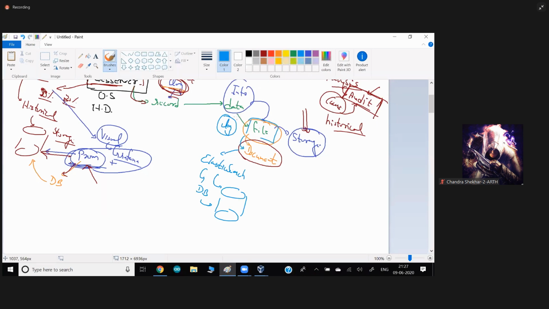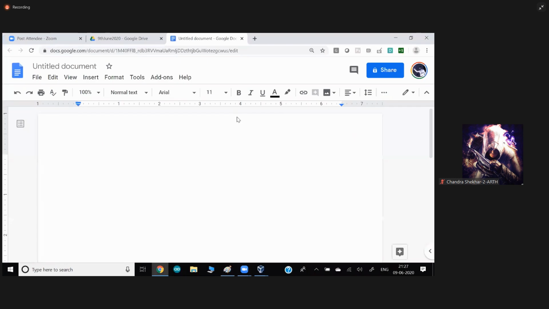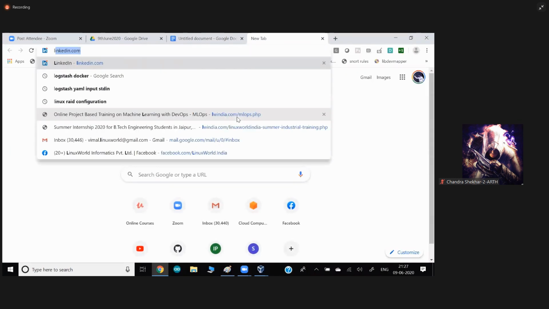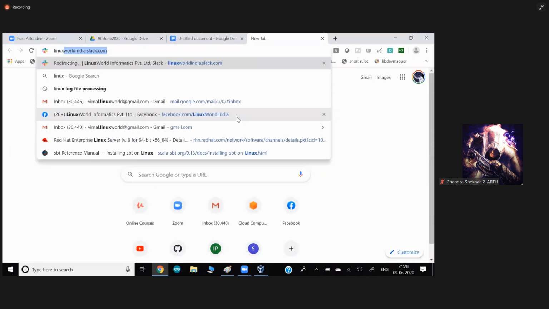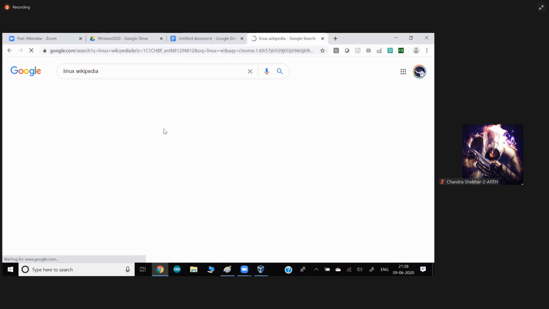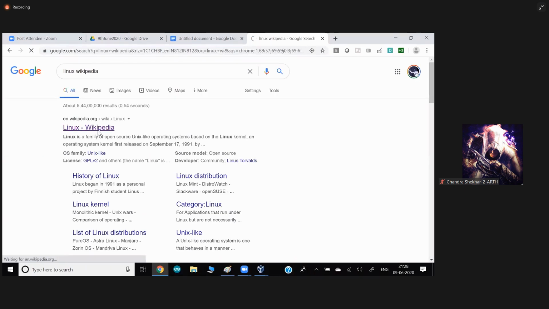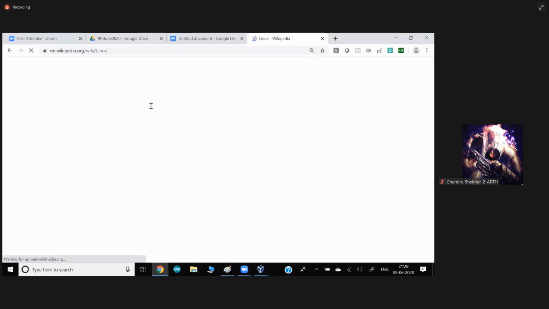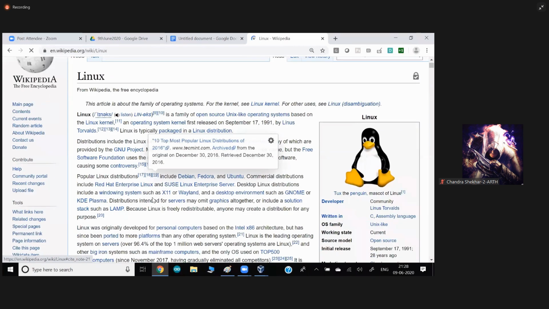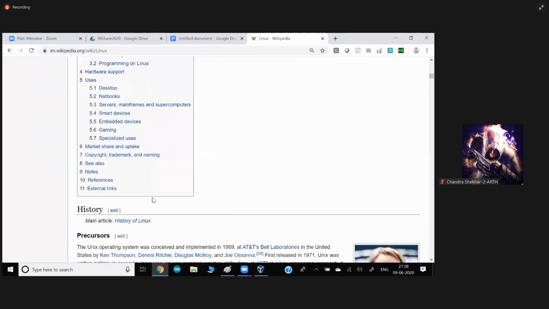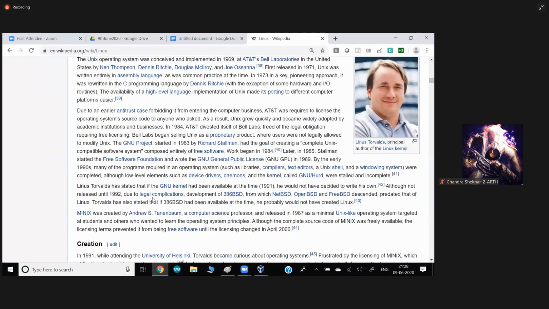You can store any kind of data. Let's take one example of Wikipedia, let's say the Linux Wikipedia page. This is also a document, right? You can store this data also in